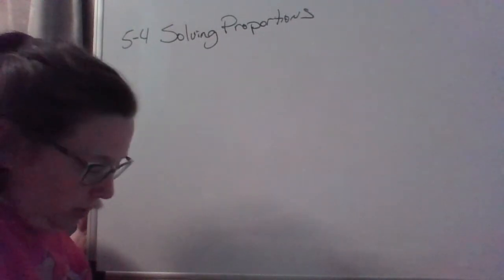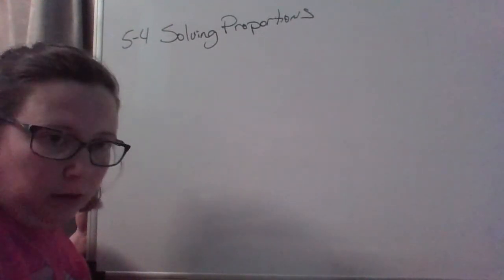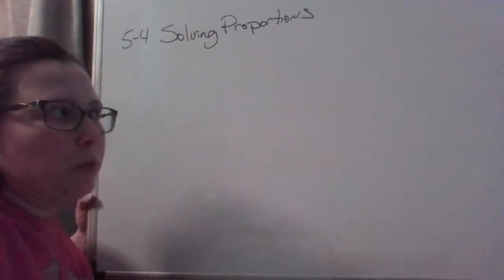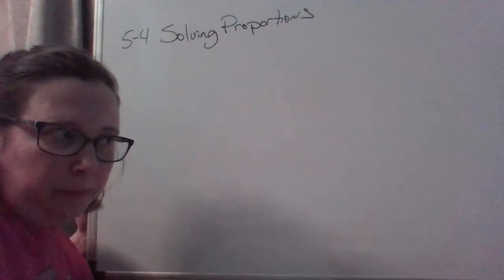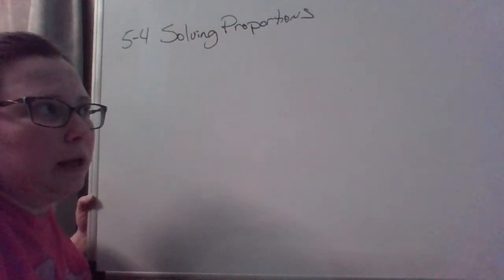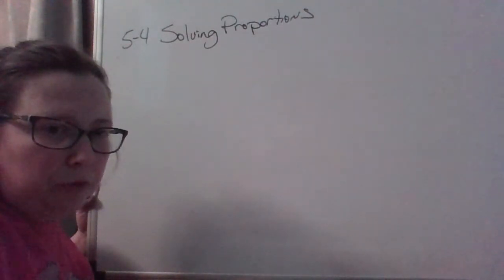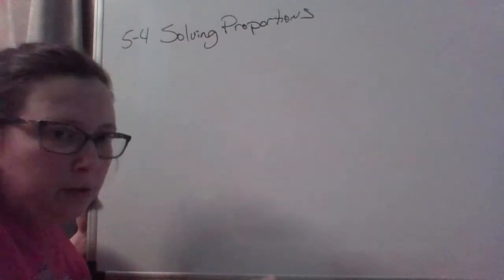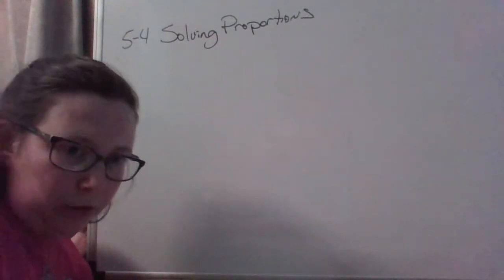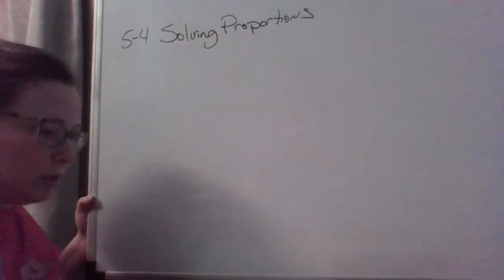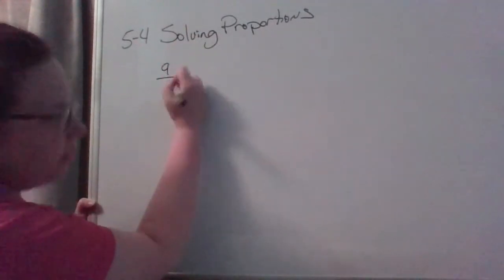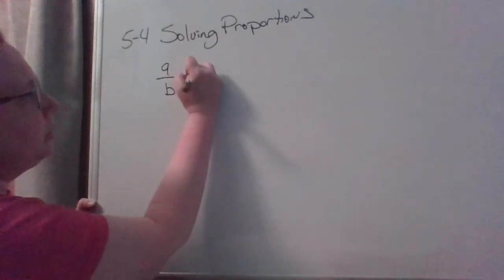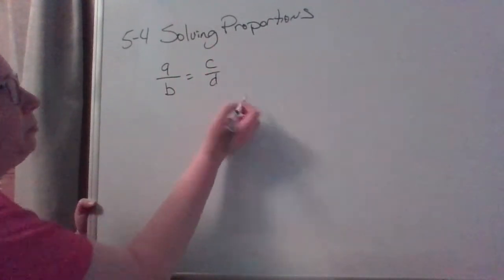Cross products is an awesome thing with ratios. It's the way that we can figure out if ratios are equivalent. It's a way that we can solve a ratio. So if we have two ratios, but one of the numbers is missing, we can solve for that missing number really easily. So what cross product says, if we have two ratios, A over B and C over D,